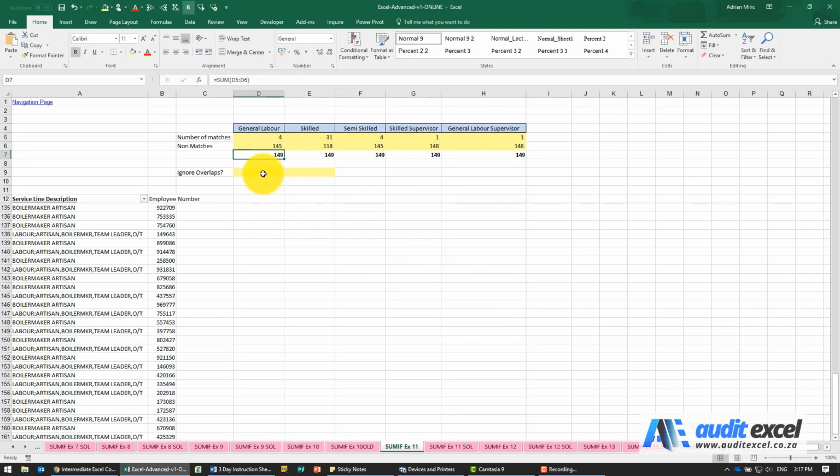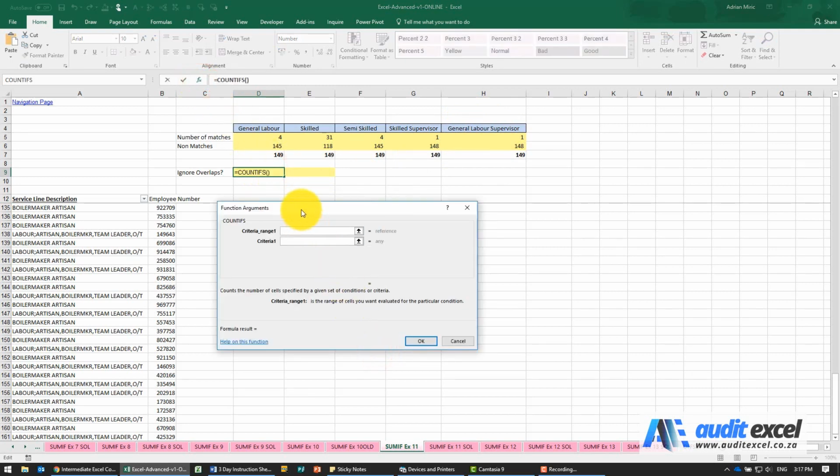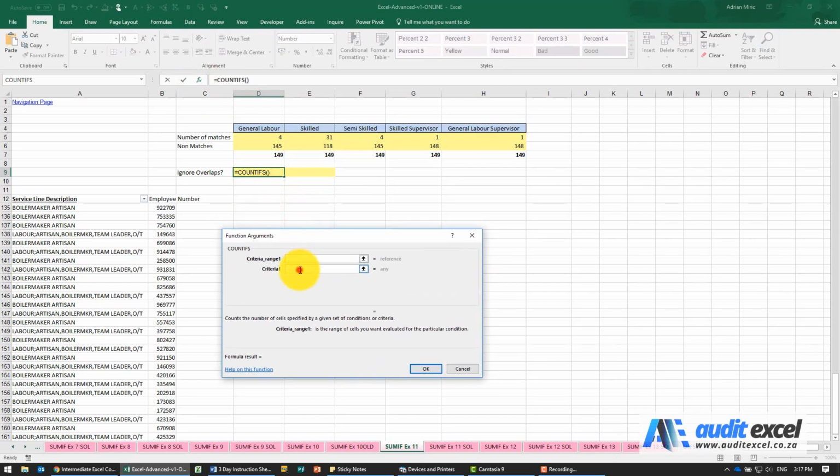The last one is now we want to look at this. We're going to look at general labor, but I wanted to find matches of general labor but exclude anywhere where it says general labor supervisor. So we're going to do a COUNTIFS, but this time we'll have to use a few criteria. So what's the first criteria? We're saying, is it equal to, and because it's a partial match, I'm going to put my asterisks and whatever's in there, and in inverted commas the next one. We must look for that. Let's look for it in this.